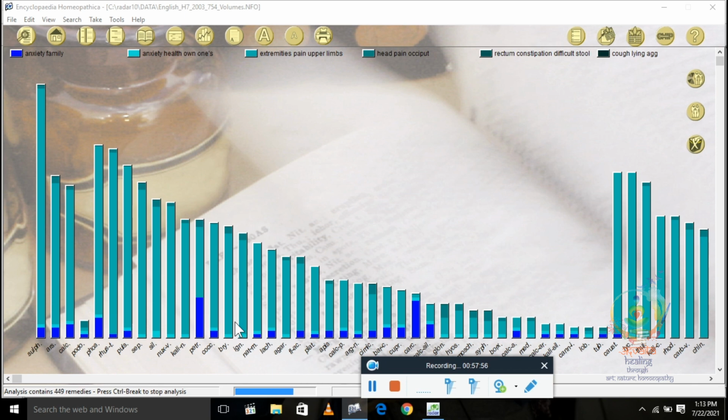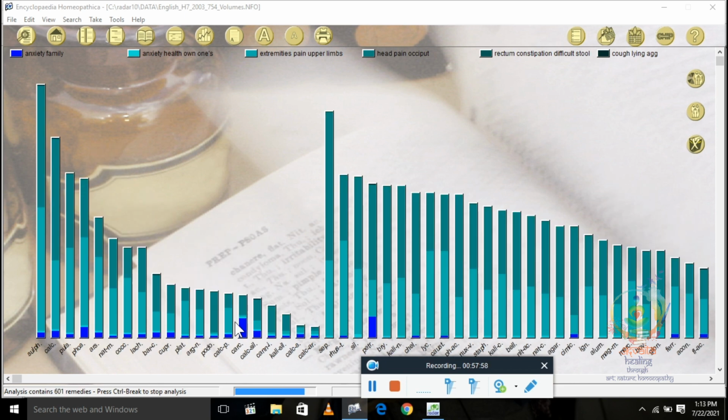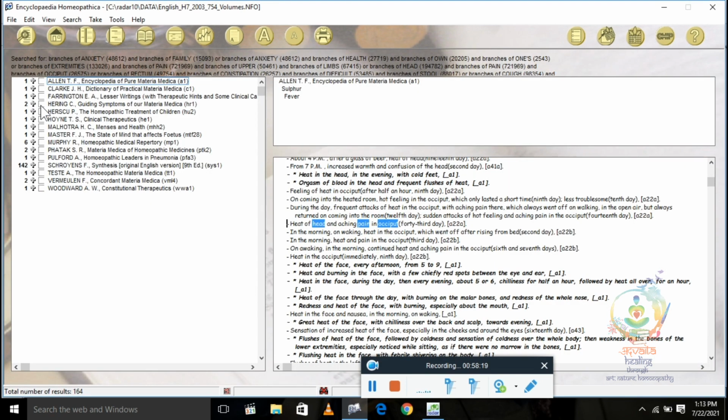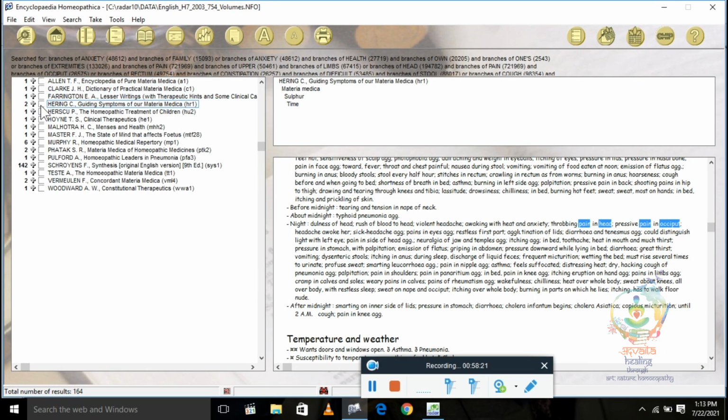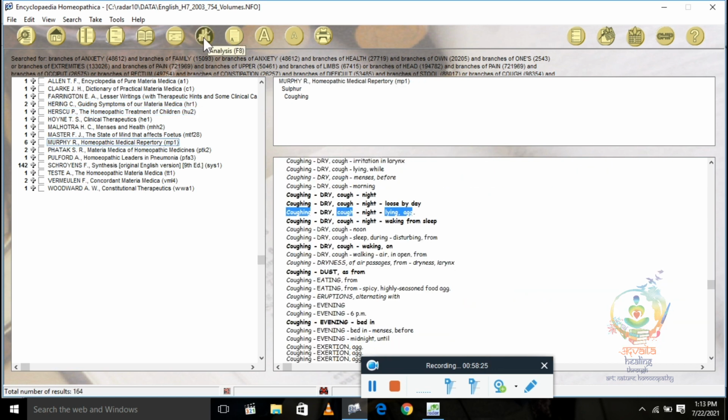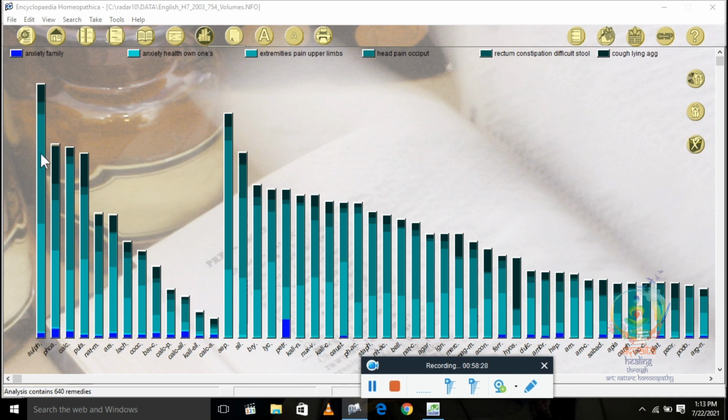So you have direct analysis by materia medica. Whatever you have searched or repertorized by repertory, now it is repertorized by Materia Medica. You can see this. See, sulfur is covering most of the symptoms. Now you can just click on sulfur and read all the symptoms and in which Materia Medica it is covering, like that. Now see, this is here.